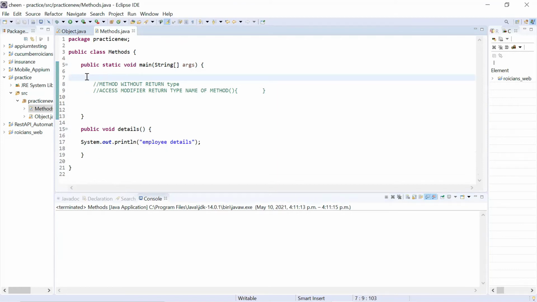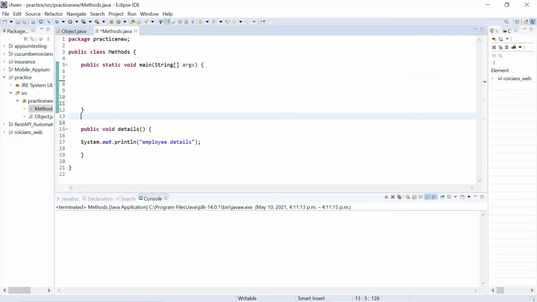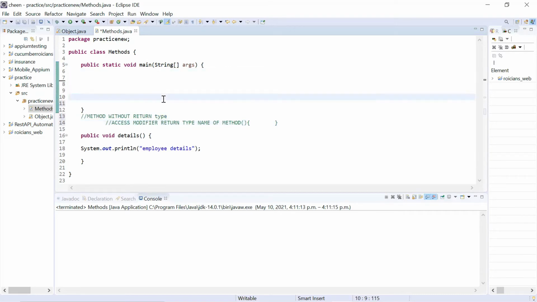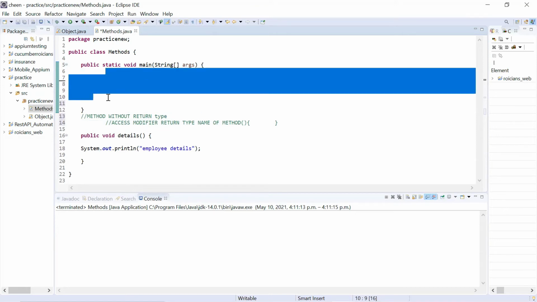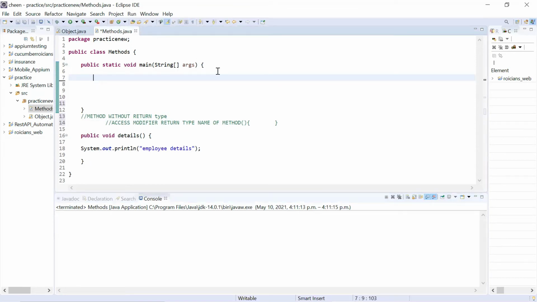Calling any method will be done in the main method. So when you want to call any method, you will be calling it in the main method. Let me just put it over here, outside. And this is my main method now. In my main method, nothing is there. And as you know, Java's entry point is the main method. So the Java compiler will come to the main method, read nothing here, and display nothing. You need to call this method here so that the Java compiler can read it, come to this method and display whatever is written inside it, or execute the block of statements according to the method.